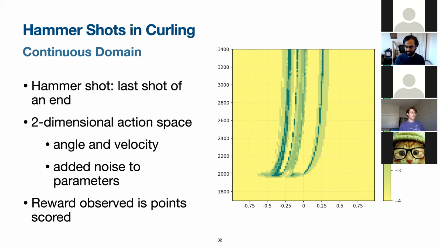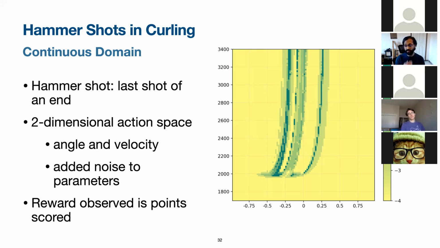This leaves us a single decision domain where the actions are parameterized by a 2-dimensional action space. This is the same example as we've seen before. And we add stochasticity by adding noise to the values of the actions that we take by some calibrated execution model. That introduces stochasticity into the execution of actions. After we play an action, we observe a reward, and the reward is the points scored by that action.